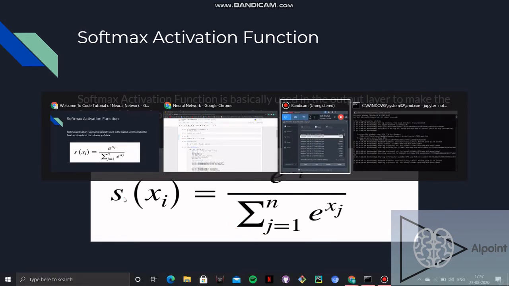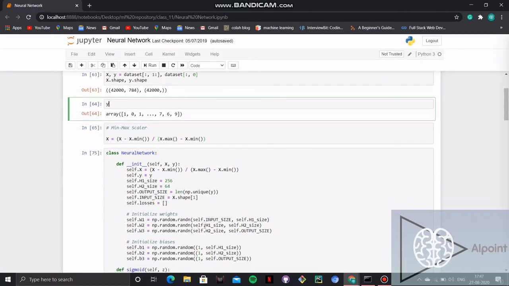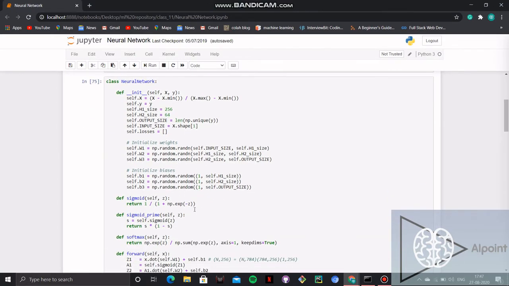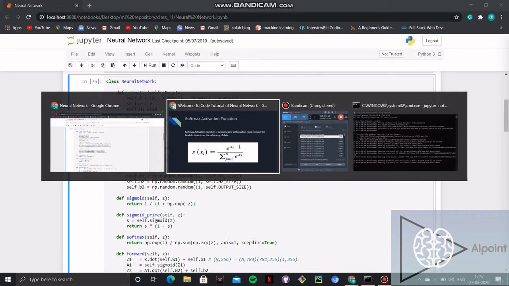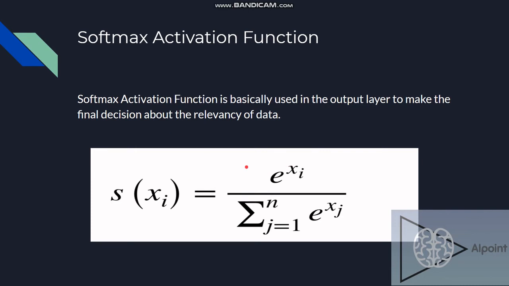We should see how we have represented it in our code. So here it is. Here is the method for the sigmoid activation function, 1 upon 1 plus exponential minus h. See, we have used the NumPy library. NumPy is very useful in the neural network from scratch part. So, softmax activation, we have discussed it.